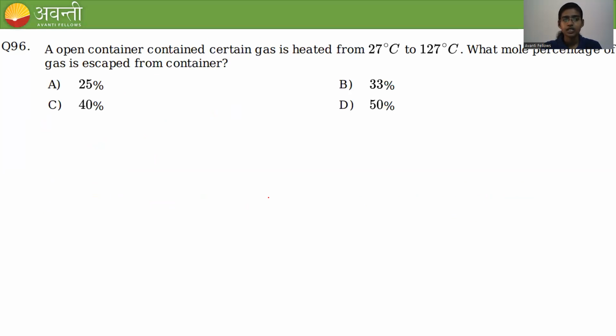And coming to question number 96, an open container contains certain gases. An open container containing certain gases is heated from 27 to 127 degrees Celsius. What mole percentage of the gases escaped from the container? Okay. What we have to find out? We have to find out